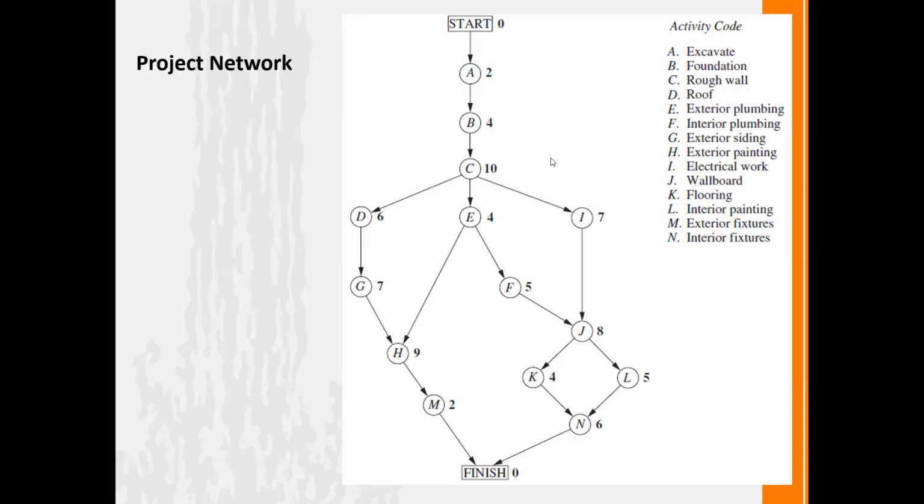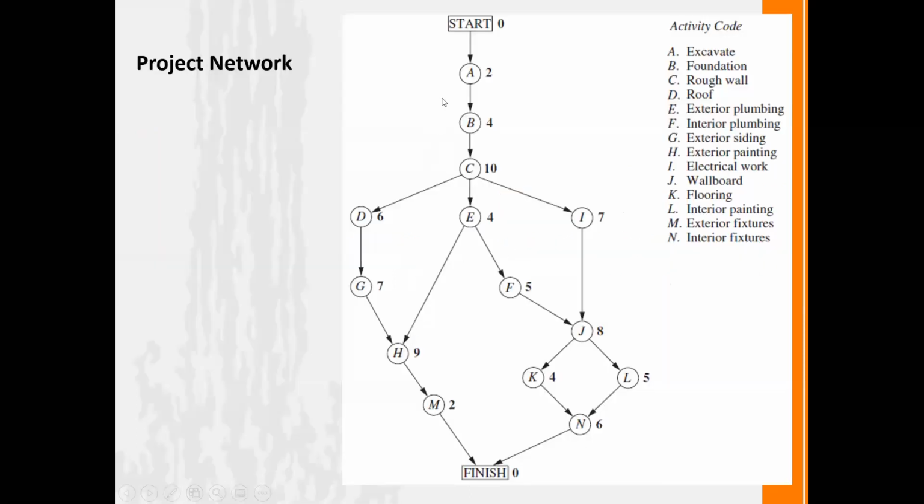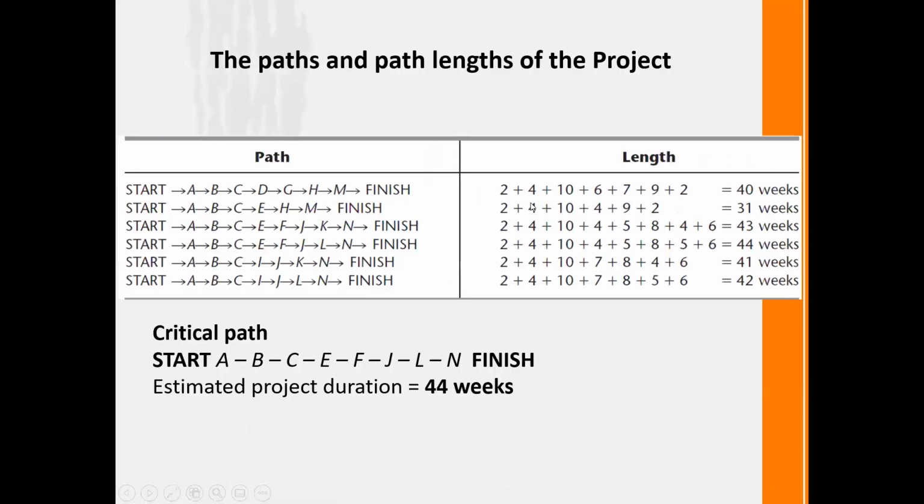Now moving on, this is the drawing. You can practice it by drawing your own way. Now this is the way of calculating the critical path. I'm not calculating the backward pass and forward pass; I'm using the simple method. Even for your understanding, you can calculate the forward pass and backward pass and find out the critical path and the critical activities.